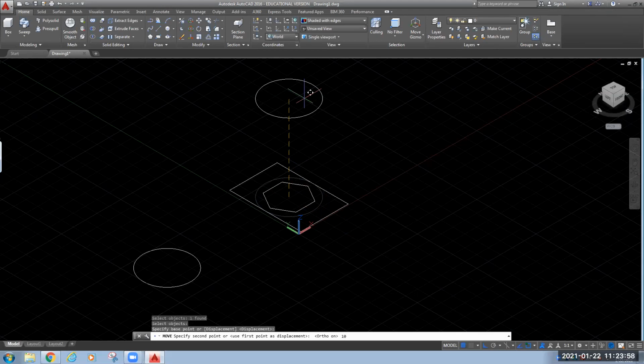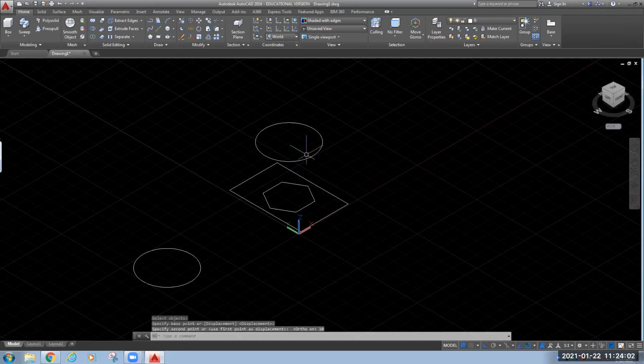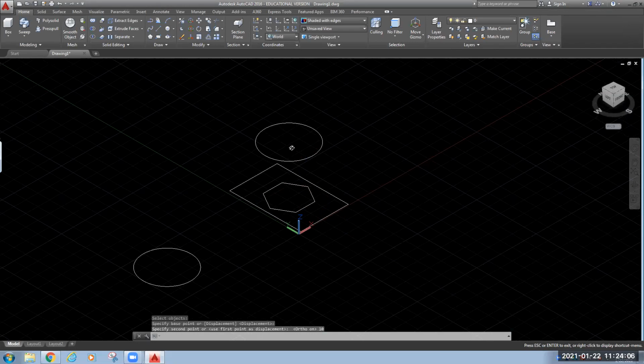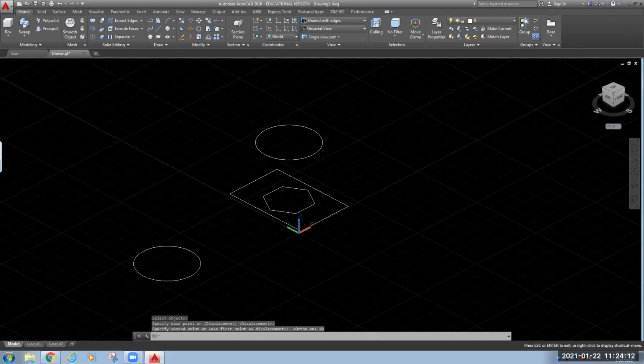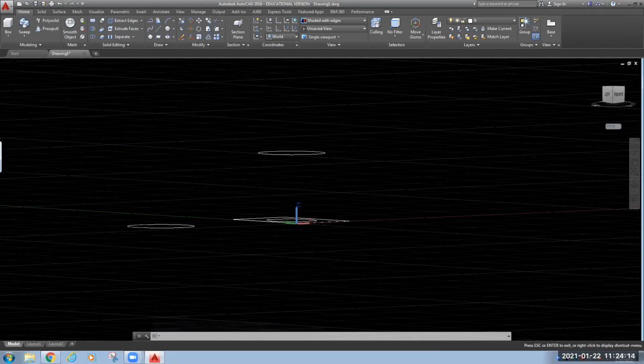So I have entered 1 and 0, then press enter. Now again I will rotate to show you that the circle is shifted in the positive z direction. As you can see here on your screen, this circle is above the previous plane. Now we are changing the plane of our drawing. Okay.